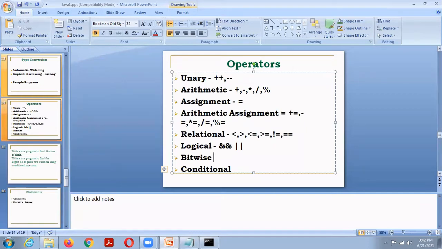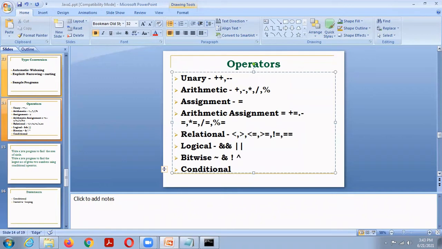This is bitwise not. Then bitwise and, then bitwise or, then bitwise exclusive or operator.